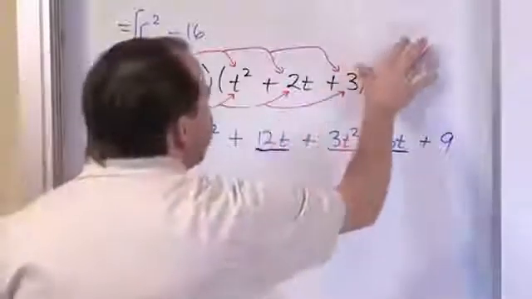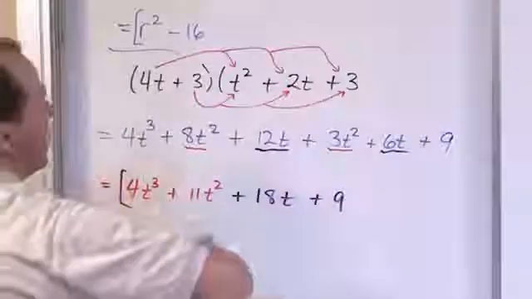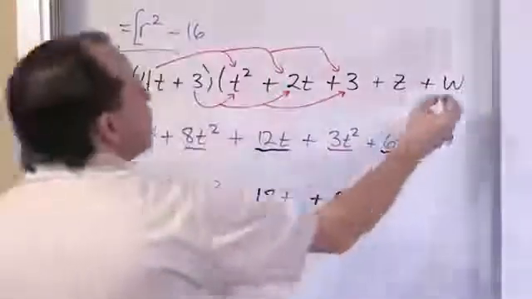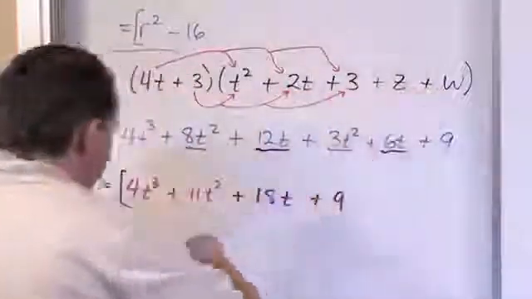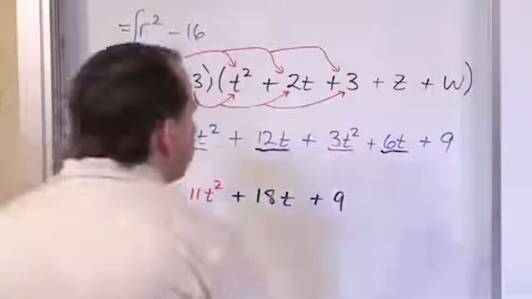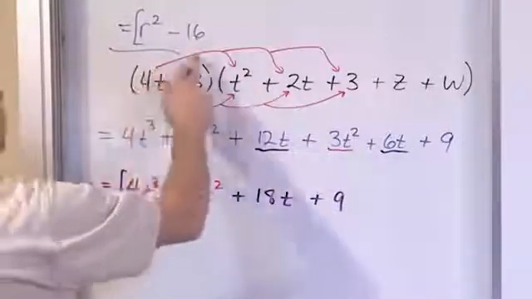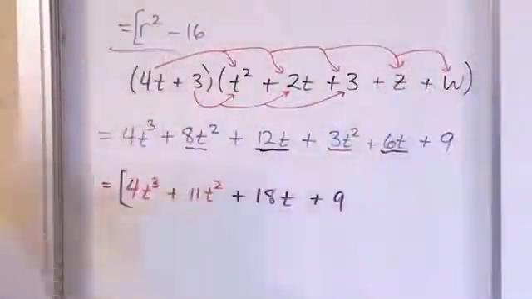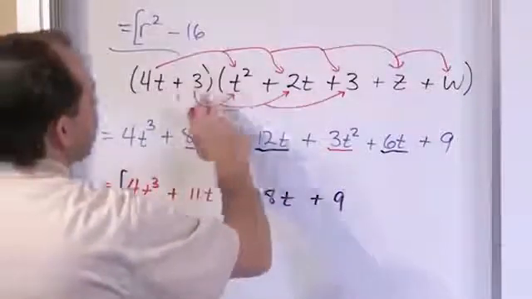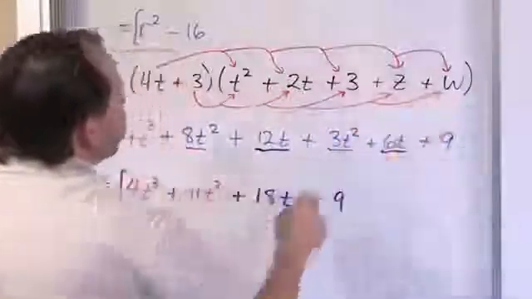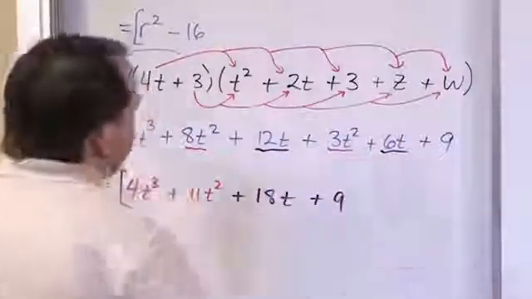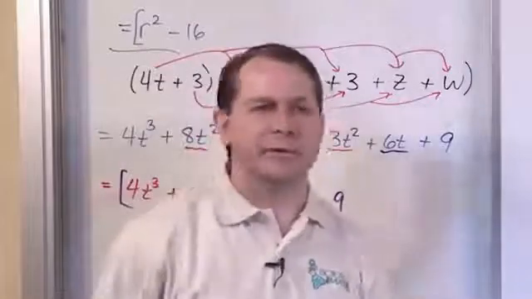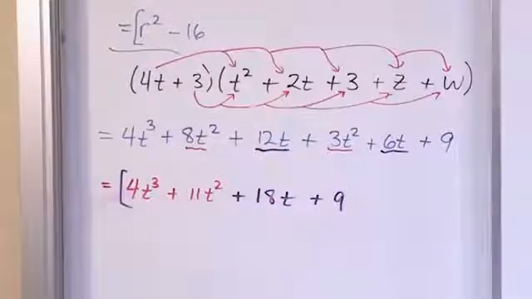And so just for giggles, if I continued this and I had, plus z plus w over here, so I had a much larger polynomial here, then this problem, now that you know how it works, is very simple. So the 4t gets multiplied times this, times this, times this, and then also needs to get multiplied times this, and then also times this. And then the 3 needs to get multiplied times this, this, this, and then also times this, and times this. And then you have a lot of terms that you have to then simplify. So once you know the big picture, then multiplying polynomials in algebra is really just following the same rule, just to larger and larger